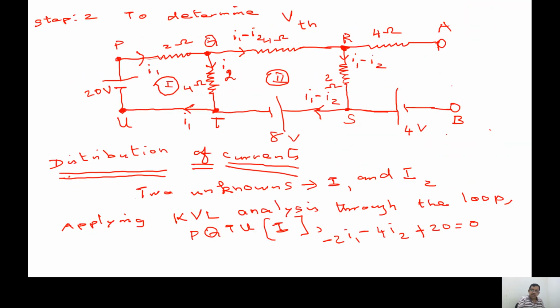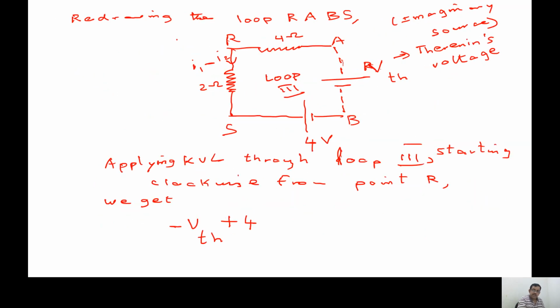You can see through this picture, it's marked as I1 minus I2, which means I am going to get VTH minus VTH plus 4. And I am going in the opposite direction, therefore it's a potential gain, which means plus 2 into I1 minus I2. The algebraic sum of the voltage through the loop is 0. So that becomes minus VTH.